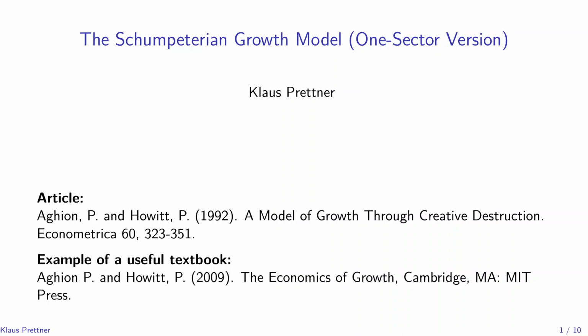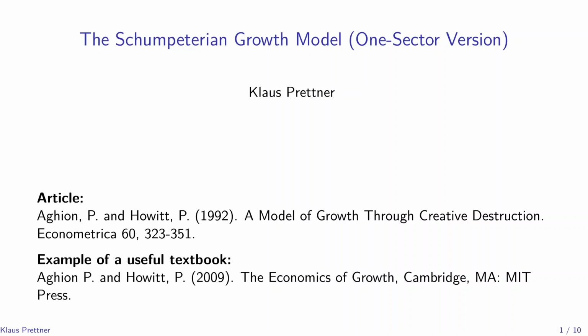This lecture is on the Schumpeterian growth model, and here I present the one-sector version. In the next video I will present the multi-sector version. This lecture is based on the article by Aghion and Howitt, published in 1992, A Model of Growth Through Creative Destruction, published in Econometrica, and I present a very simplified version of the model that is presented, for example, in the textbook by Aghion and Howitt, The Economics of Growth, published in 2009